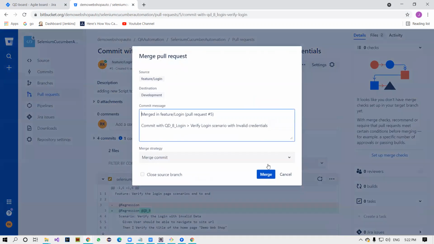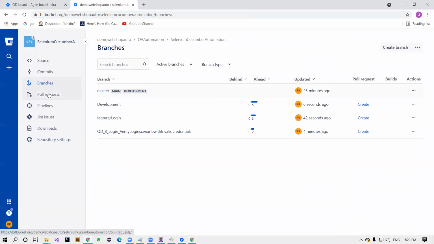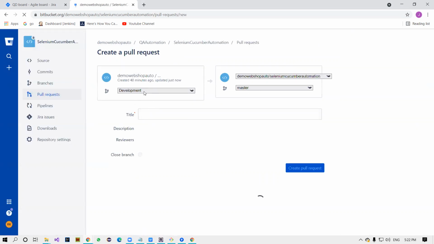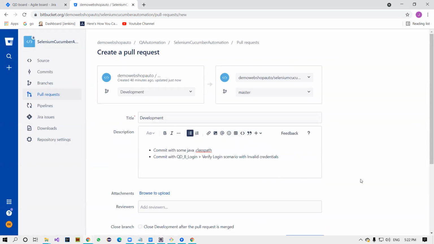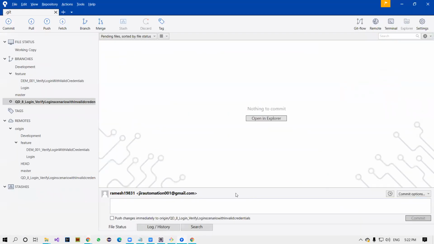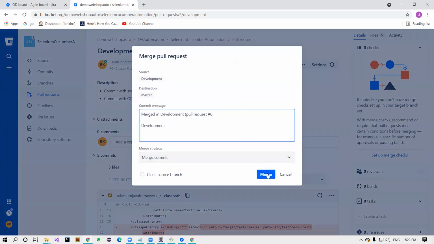Approve and merge. Then finally, you should go to the master branch, so development to master branch. Same thing, create a pull request. Approve and merge it.